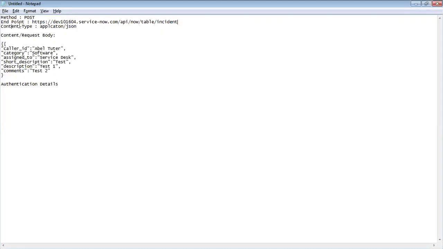Then the content type, as we discussed: if it is JSON, then it would be application/JSON. If it is XML, then application/XML. Then there is what you need to share as the request body or content, what exactly you want them to send. We generate this through REST API Explorer. If you remember, when we select the fields, it generates the JSON automatically. You can copy it from there and share it with them. These values they will be replacing in real time. This is their responsibility.